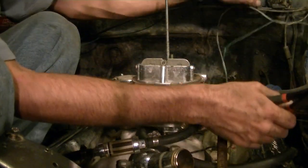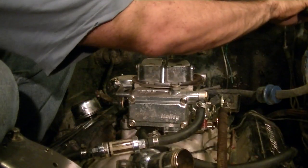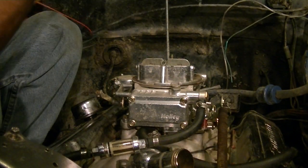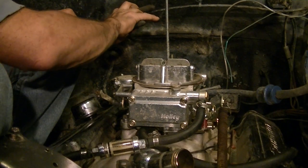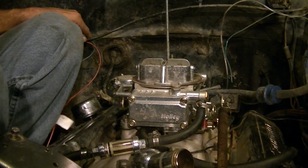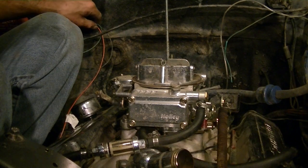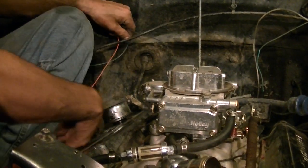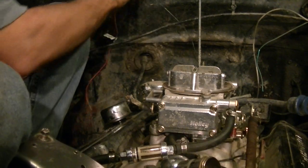I am taking this off of here. I ain't going to use it on this truck, I'm using it on the other truck, so I'm going to go ahead and cut that ground wire. Pull it back out of the way. Can you even see any of this? I hope you can see this. That way I can take this whole harness here,